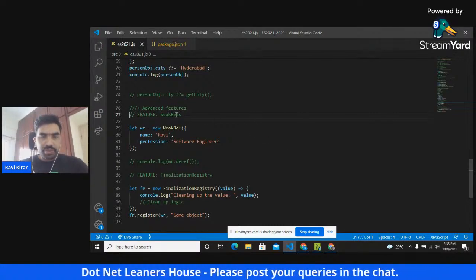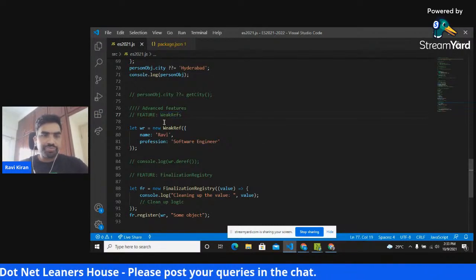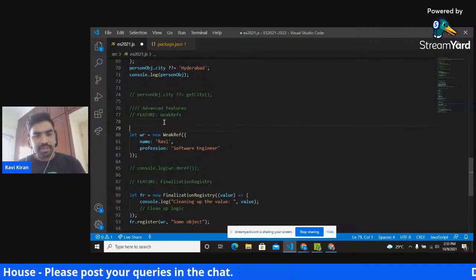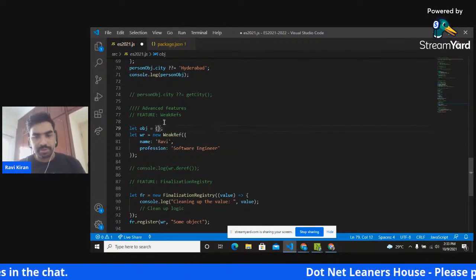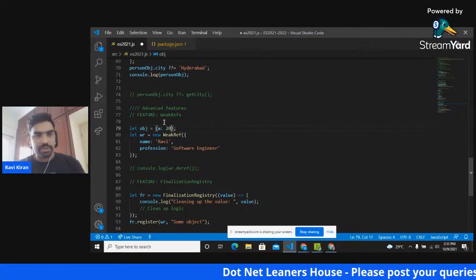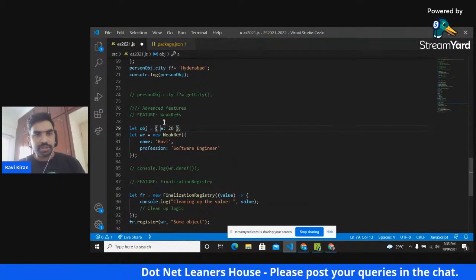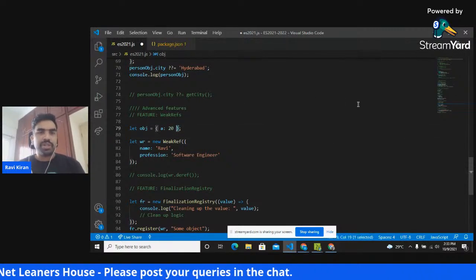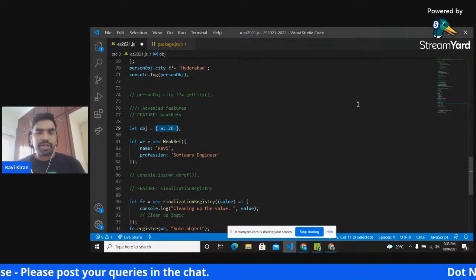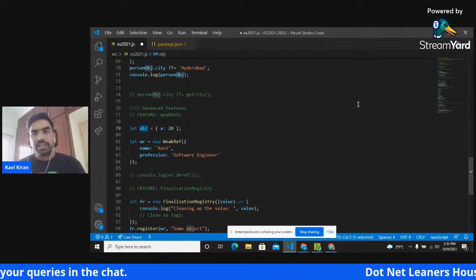So the first feature is WeakRefs. What WeakRefs are: when you create an object something like this, obj is equal to a colon 20, you're actually doing a two-step process. One is you are creating an object over here, and then you are creating a reference.